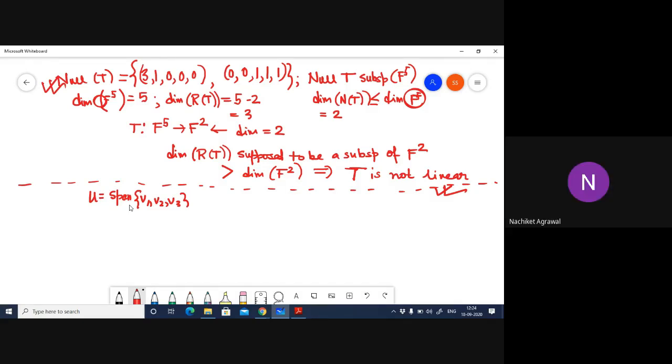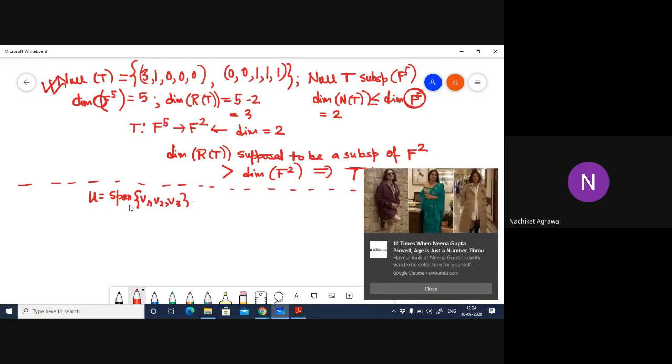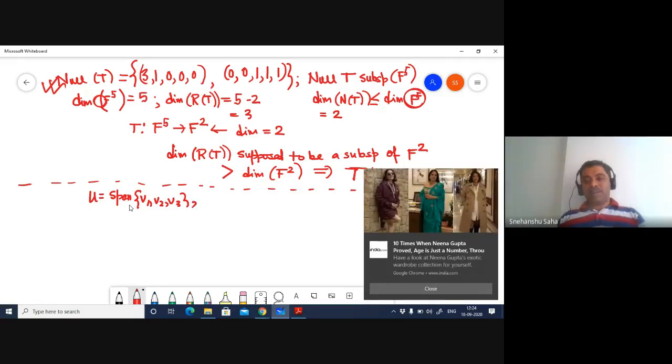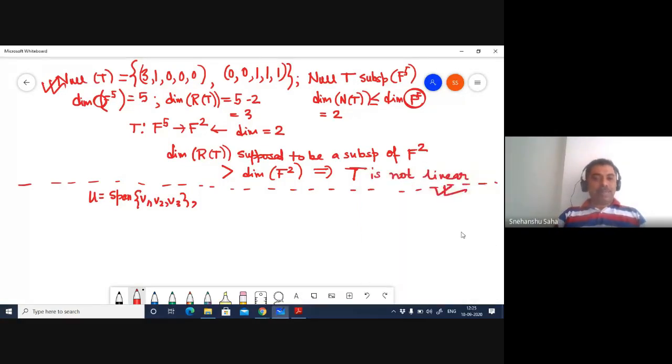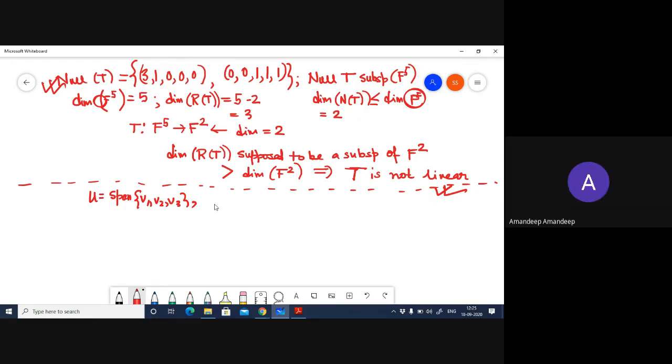It is not about the points, it's about the principle. No, I understand the principle. I also told you, I just showed that example. I understand the principle very well, and I just showed you that if that subspace condition is violated, then the transformation cannot be linear. So, irrespective of linear or non-linear, any function from F^5 to F^2 cannot have a range greater than two-dimensional, irrespective of whether it's a linear or a non-linear transform.